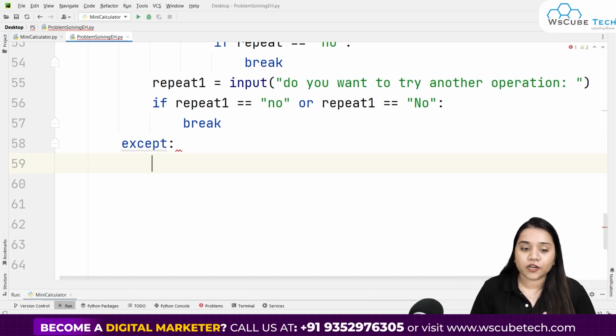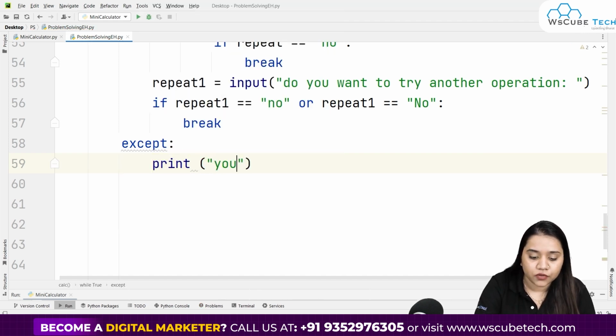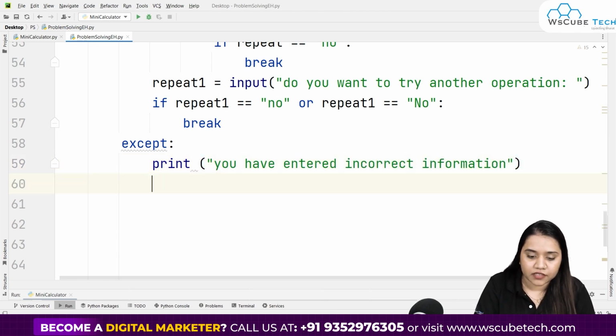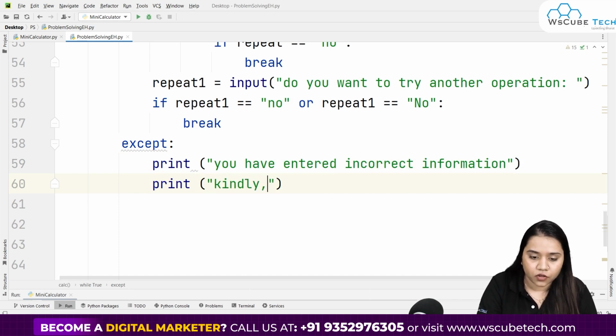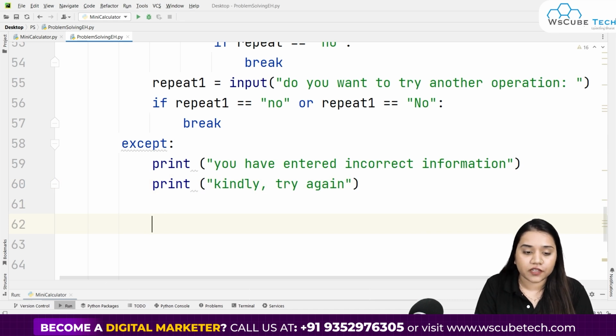So to avoid that, I'll be creating a customized message over here. I'll be writing print you have entered incorrect information, and another print statement that would say kindly try again. So I'll be writing kindly, comma, try again, right? After writing the print statement, we will be asking for repeat,